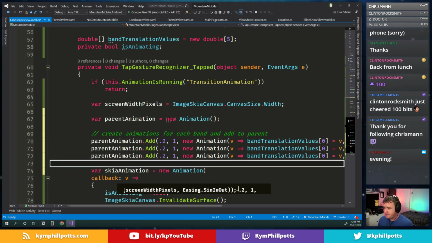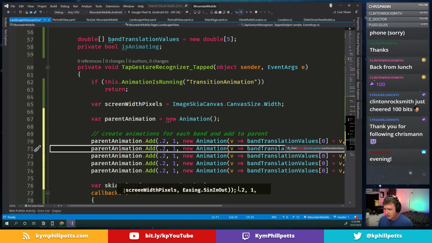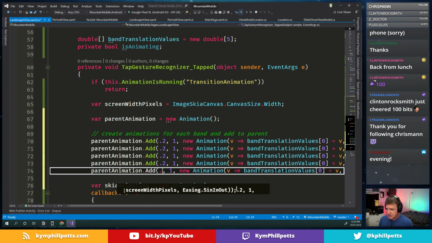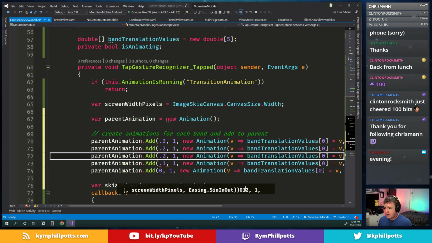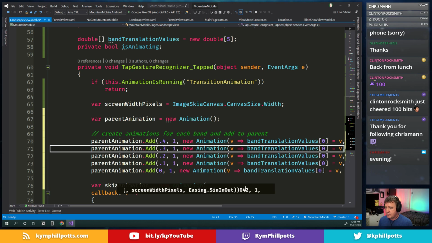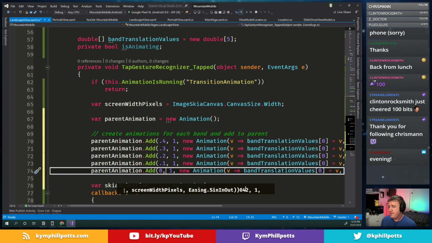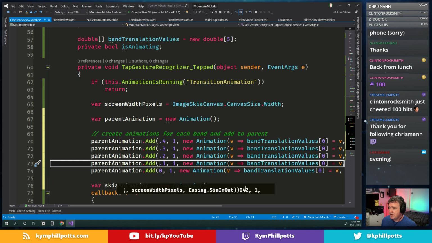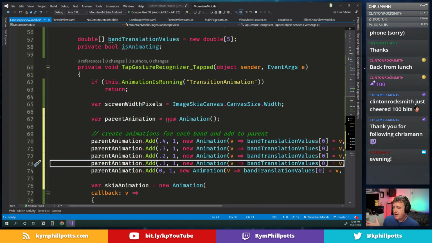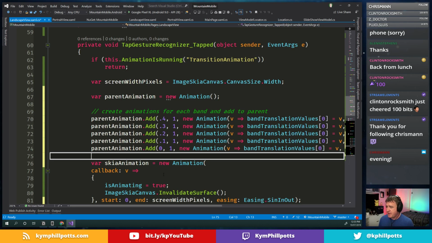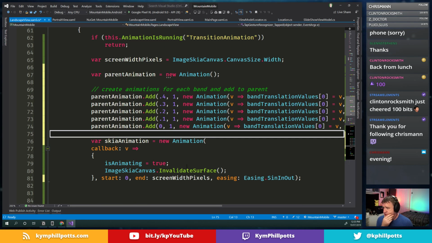Let's just create a few of these. And the last band we want to start off, so let's just offset these: 0.1, 0.2, 0.3, 0.4. In this case, they're all going to start at slightly different times. They're all animating through the same values, but they're offset from each other, and they all end up at the same place at the same time, which is probably not what we want, but we can adjust those a little bit later on. So now that we have 5 animations,